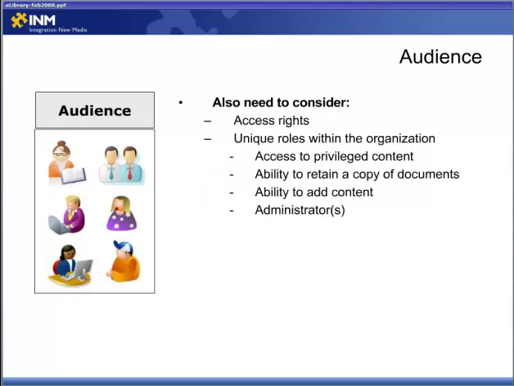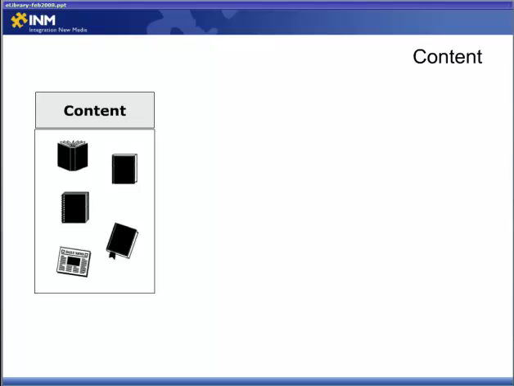The next thing that we'll want to look at for audience is what the rights of the audience members are. Does your audience have different roles? Does it have different permissions that you need to make available for access to content, for ability to retain copies of documents, for adding content? Are there certain individuals that have the privilege of being content authors or administrators? These are things you'll want to consider and make sure that your choice on the eLibrary front supports these roles. When we get into the second pillar and we start looking at content, it's really